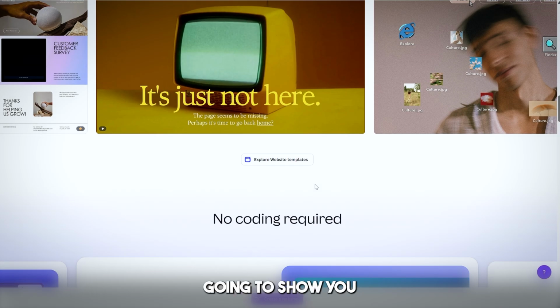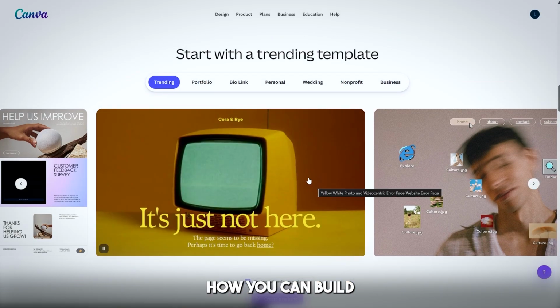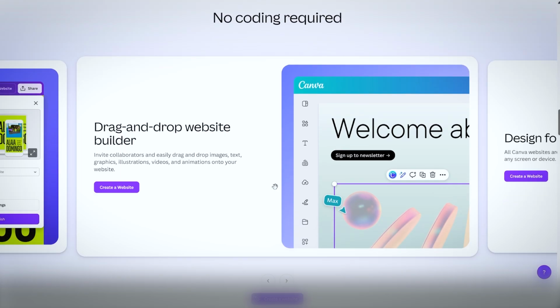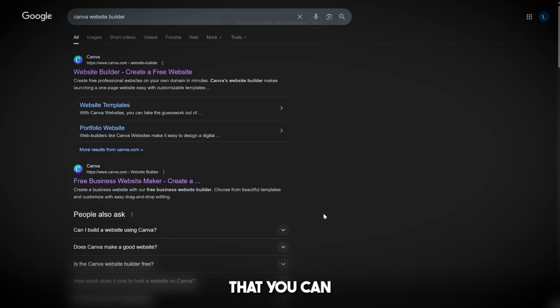So in the next minutes, I'm gonna show you how you can go from a blank screen to a fully published custom domain website. We are going to build a portfolio for a fictional creative named Alex using Canva's new website builder. Okay guys, so the easiest way that you can actually access this builder is by going to Google and